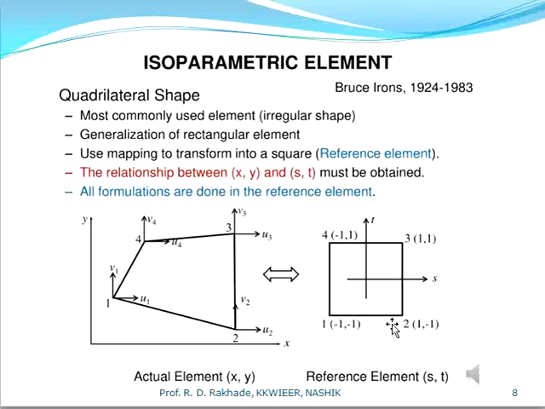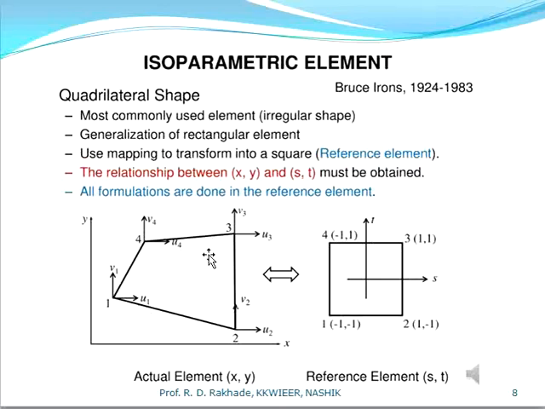So node 1, node 2, node 3, node 4. Just like we use CamScanner, any irregular shape we can map with a square shape element. Suppose this is the position of node 1, node 2, node 3, node 4. You just map all 4 nodes with the standard shape, and we can find out, calculate, or